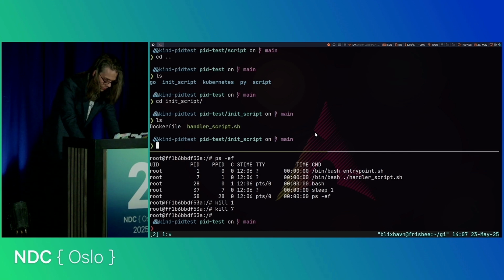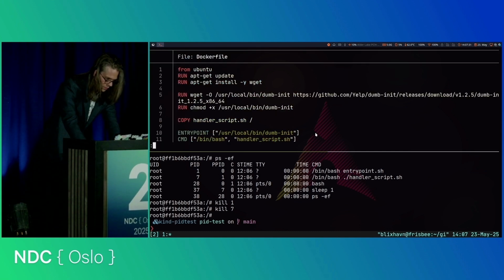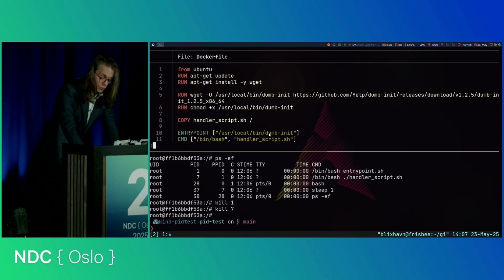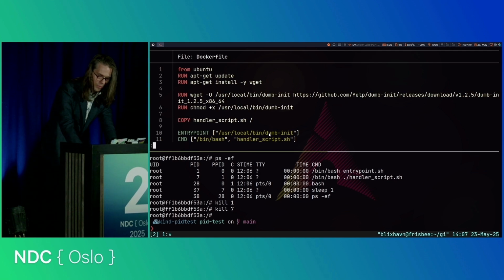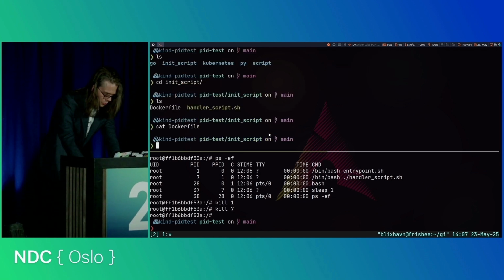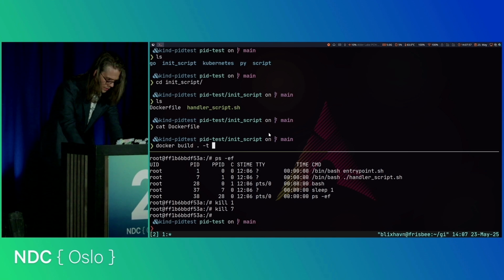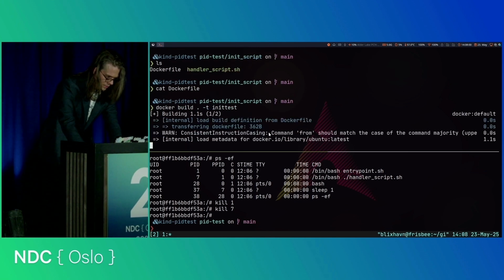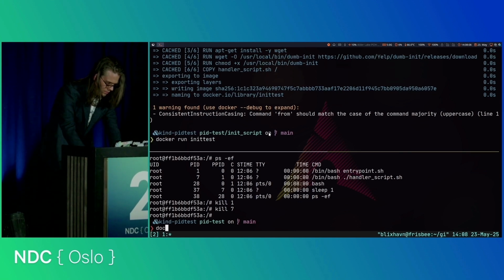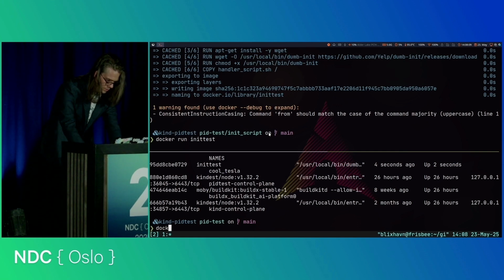Here we have the same handler script, and the Dockerfile is similar, but now we download this application called dumb-init, and that is set as the entry point, where the handler script is set as arguments to that. So this makes it so that dumb-init has PID 1, and this init program propagates signals to its children. So if we do docker build, init-test,